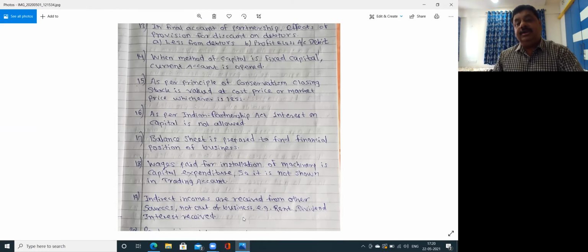Now here it is necessary to understand what do you mean by direct income and where from you are getting that. Direct income is the income which you are getting by doing the business activity. And the best example is the sale of goods. So whenever we are selling goods, we are getting direct income. But whenever you are getting interest on investment, rent from the property, dividend, or any other income like this, so that is not direct income, it is indirect income. Direct income, matlab sales, we are writing to trading account credit side, but indirect incomes, we are recording in the profit and loss account credit side.